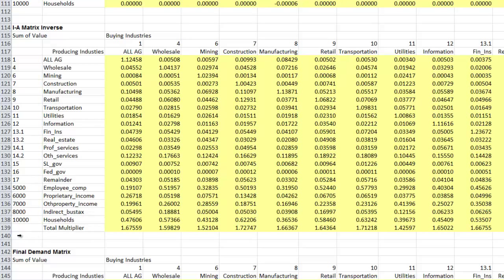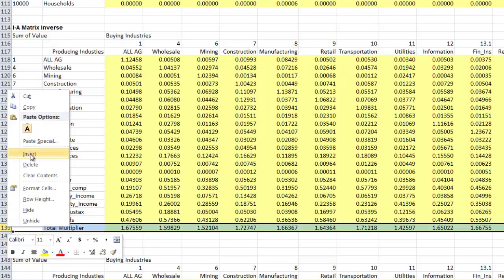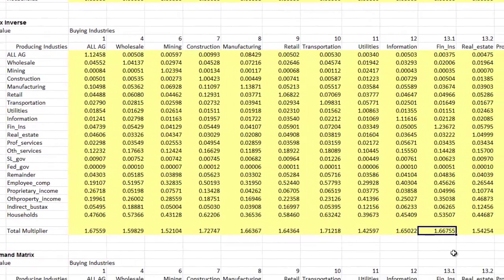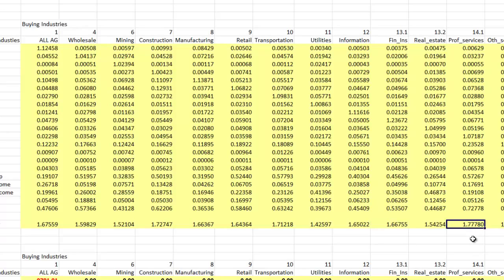So I invert the I minus A matrix, and I'll just separate this out here, and it produces the total multiplier. The sum of all of these activities right through here, industrial activities through 17, equals this multiplier for agriculture of 1.67. So in that year, Iowa's output multiplier was 1.67. Its manufacturing multiplier was 1.66. Its finance and insurance industry multiplier was 1.67. And professional services like architecture and engineering is